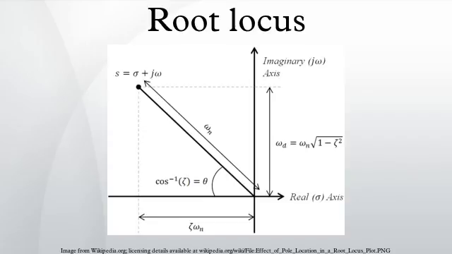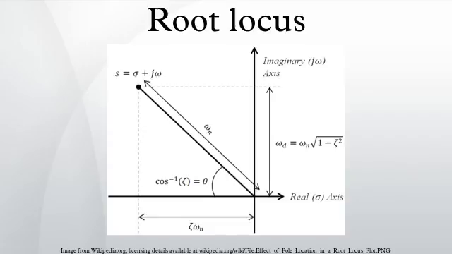The plot of the root locus then gives an idea of the stability and dynamics of this feedback system for different values of k. Sketching root locus: mark open loop poles and zeros, mark real axis portion to the left of an odd number of poles and zeros, find asymptotes. Let p be the number of poles and z be